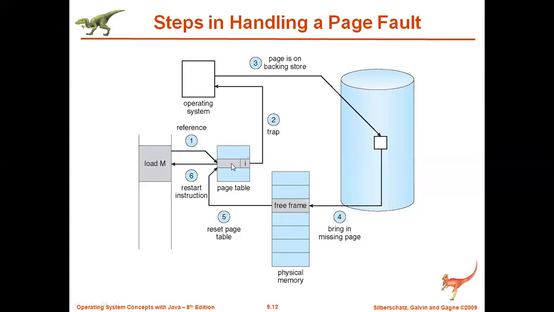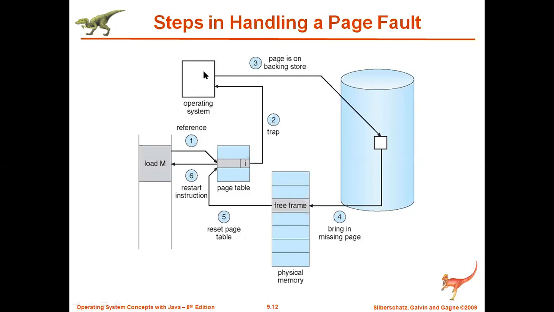So this concept we call a page fault. That is nothing but whatever page the CPU is looking for that is not there in the main memory; that is called a page fault. Then immediately the trap will be executed. The trap is nothing but a context switch from user mode to kernel mode. That is, the operating system will take care of this. The control will be given to the operating system.